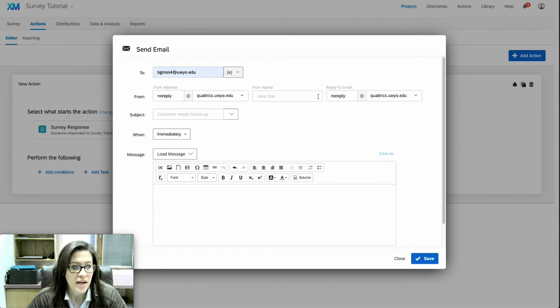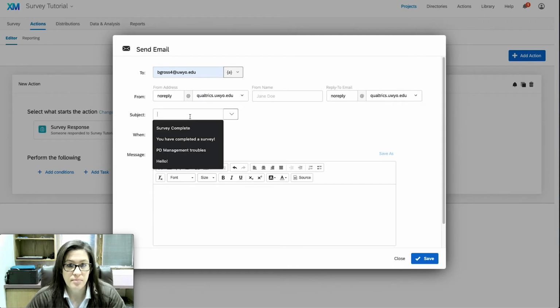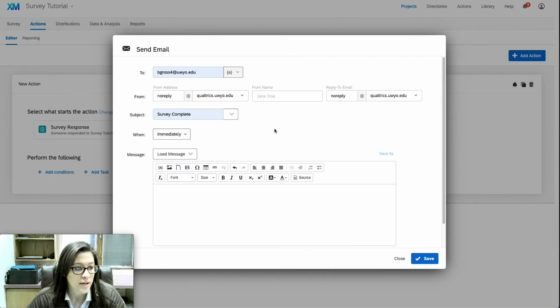I don't need a reply address. My subject is simply going to be survey complete, or you have completed a survey. That's just what I want to choose there. So survey complete. You can choose the time of when you want it sent, and I'm just going to say immediately. And then you can choose the message that you want to be sent. So again, I want this email because I want to know that someone has completed my survey. So I could simply say, someone has completed your survey tutorial training survey, and then that will send it to